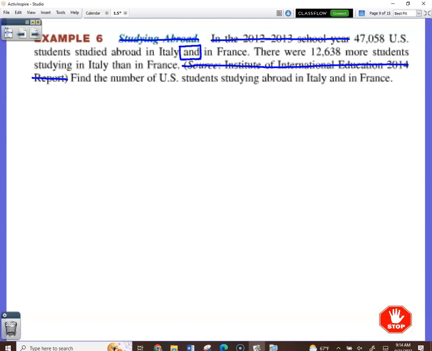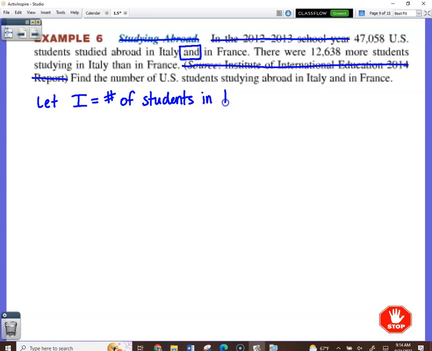With these word problems, they tend to be the same thing over and over. You've got to set some type of variable assignment, in this case 2 variables, and then you've got to set up an equation, in this case 2 equations, and then you've got to solve it. All right, so here's what I went with. I said let I equal the number of students